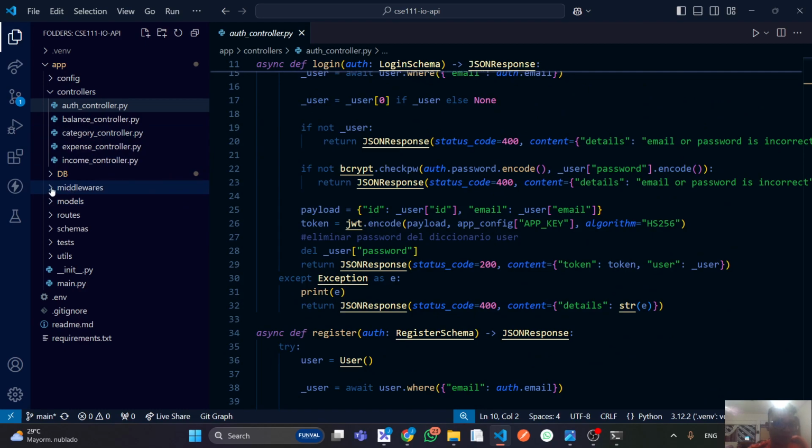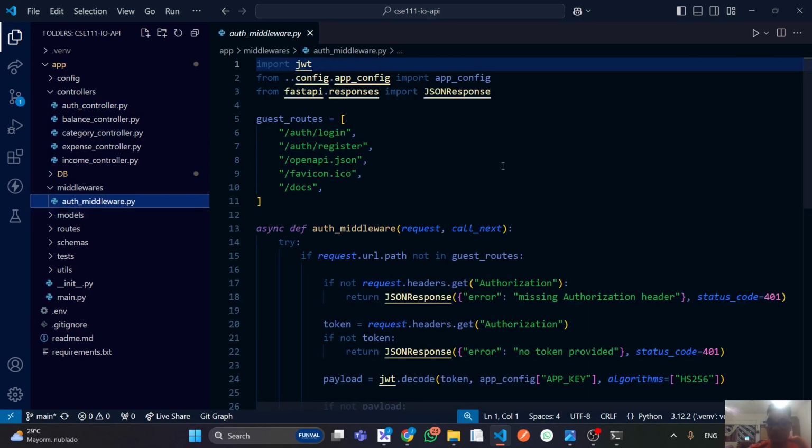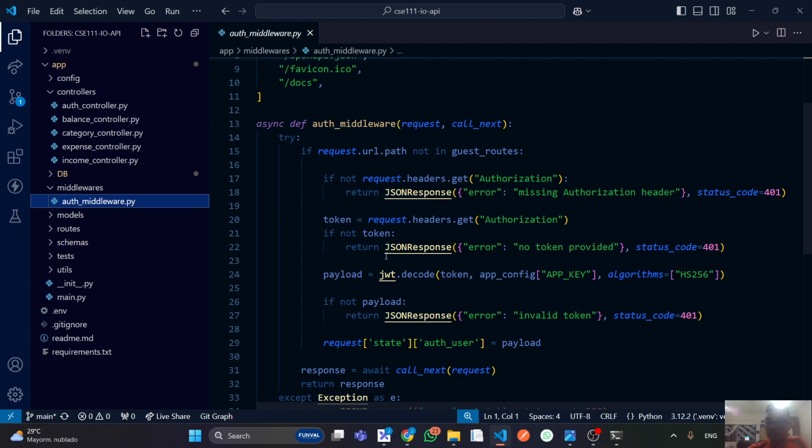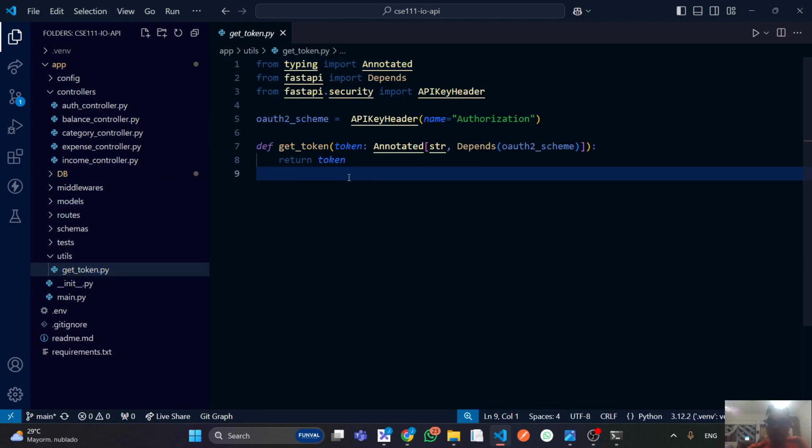I also have the middleware folder. This middleware just validates the token that I'm receiving, and whether I'm receiving one. Besides that, I have a util folder. This util folder has a get token file. This get token function just recovers the token